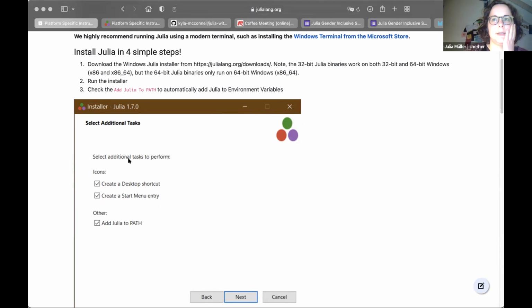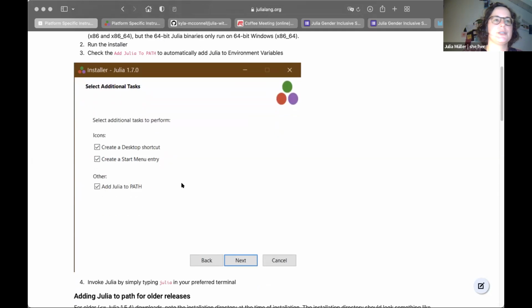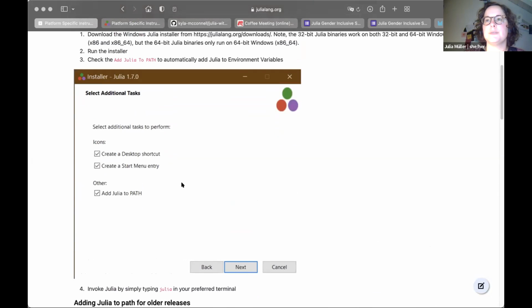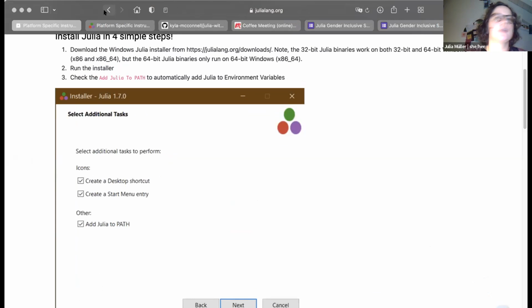That's optional, just if you want to find it more quickly. But the third one, you should tick: add Julia to PATH. That's essentially going to prevent a couple of problems from occurring later on, so it's always a good idea to tick that straight away. That's pretty much all you need to know. Then the installation just runs as you would install any other program or app. We'll show you how to start it and use it in a second.